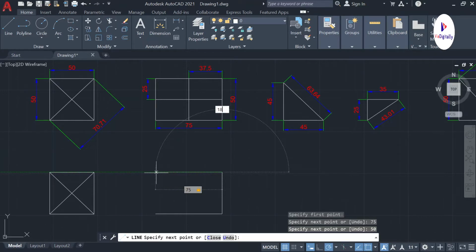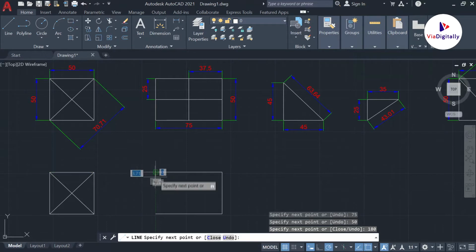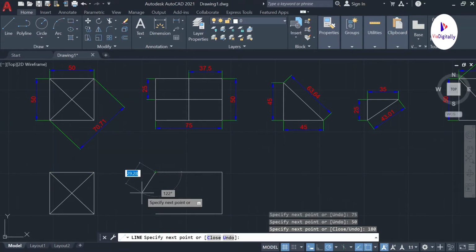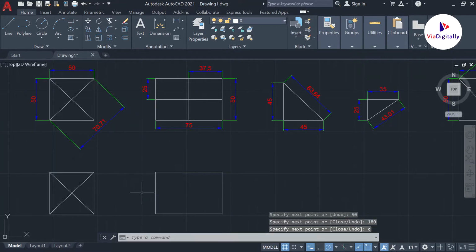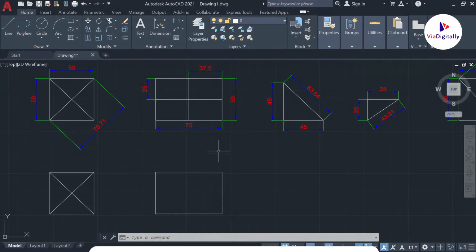Since it is a horizontal line and it is going backwards, I am giving it 180 degrees as the angle. As I told, AutoCAD has a simple command to close the last point to the first point using C plus enter. So I have drawn the rectangle of the given dimensions.